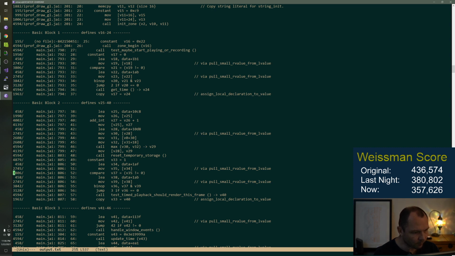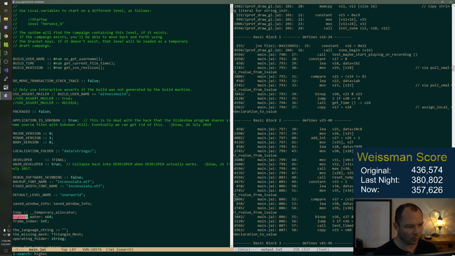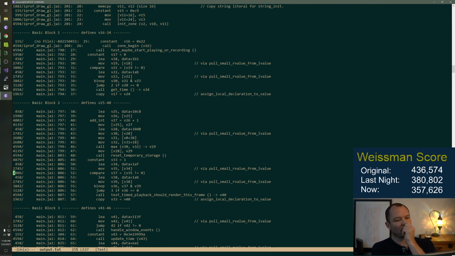Let's just see what line this is happening on. 799, right? Okay, we're calling max on highest water. Highest water is a global. So we're loading from a global.